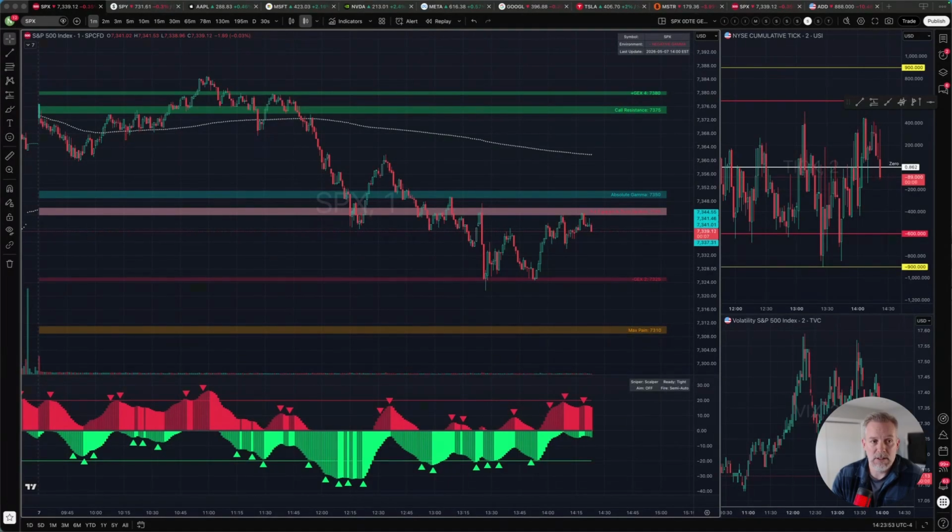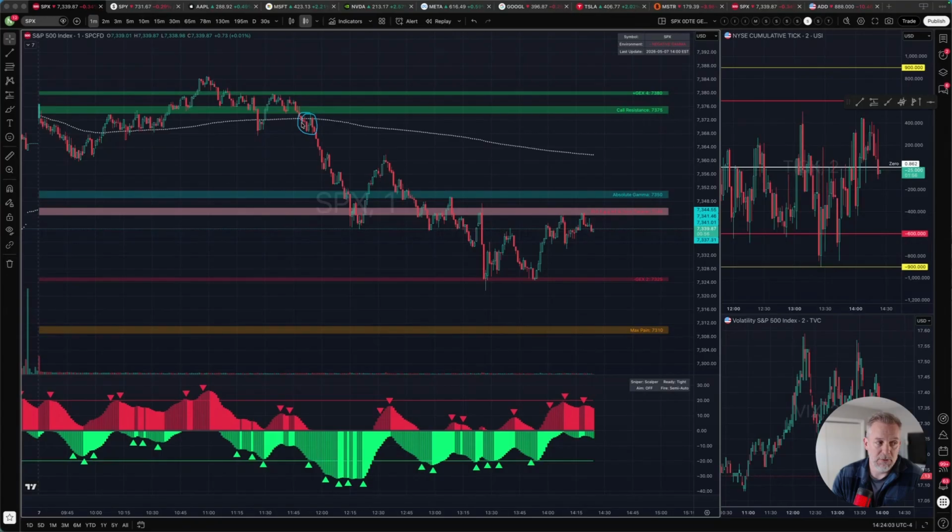And as you can see, we were trading up around call resistance, kind of chopping around, and then we got ourselves a little bit of a flush that started there, and I was out for a good portion of the morning, and so I wasn't really trading any of this. And as I kind of came back and settled in, we were in the midst of this flush down here,